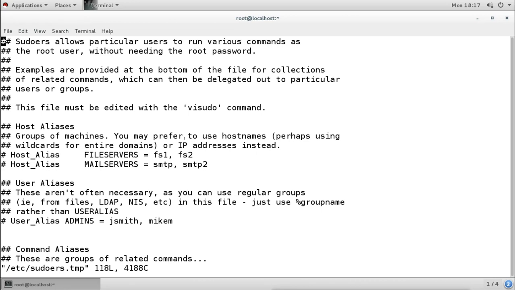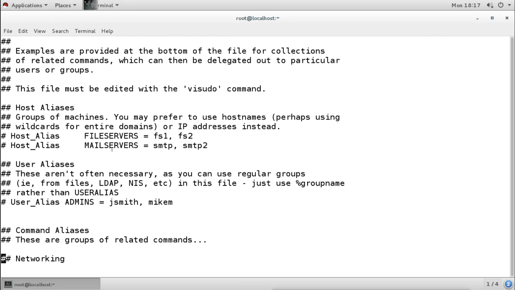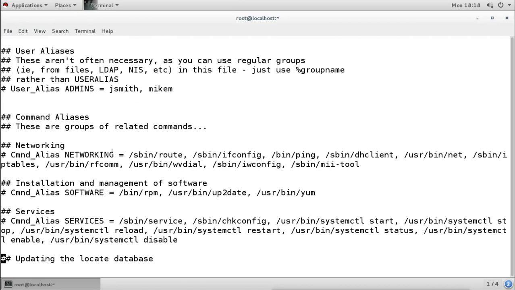Now this visudo command will open the file in the vi editor because the default is vi, and it will not show any colors here. So there are no colors. That means we have to depend on ourselves to see the right value and right spelling, because if you give the wrong spelling, there is no color to guide us.